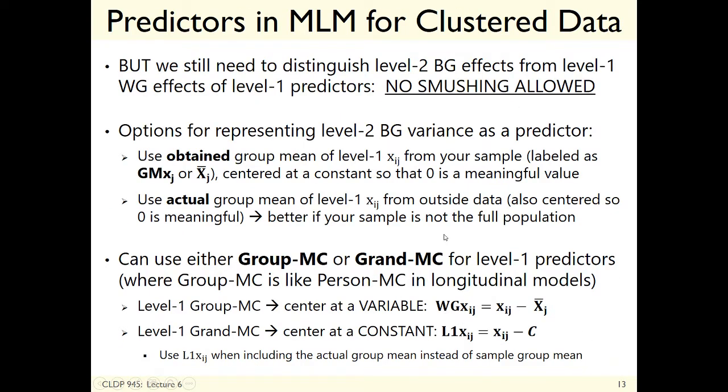So your options for how we differentiate the effects of a predictor at level 1 are the same. Before we called it person mean centering. It's now group mean centering, but it's the same idea. You can create a level 1 predictor I'm calling within-group X that is purely level 1 within-group information by taking your original level 1 X and subtracting the group's mean. Or you can use grand mean centering or no centering, in which you center at a constant. And the same differences that we learned about before between versus contextual versus level 1 versus smushed effects happen in this case.